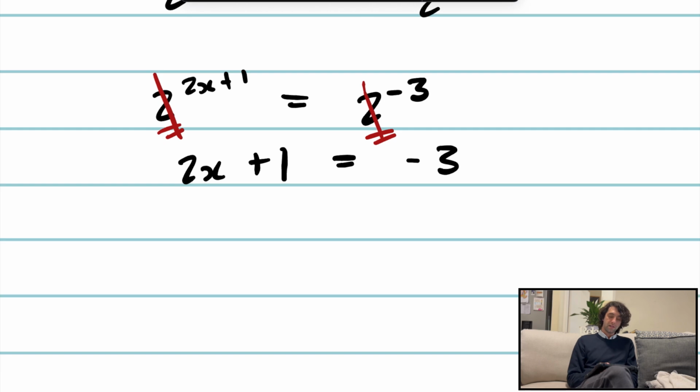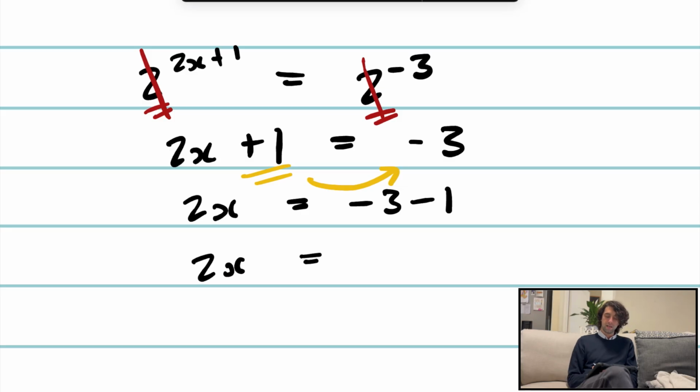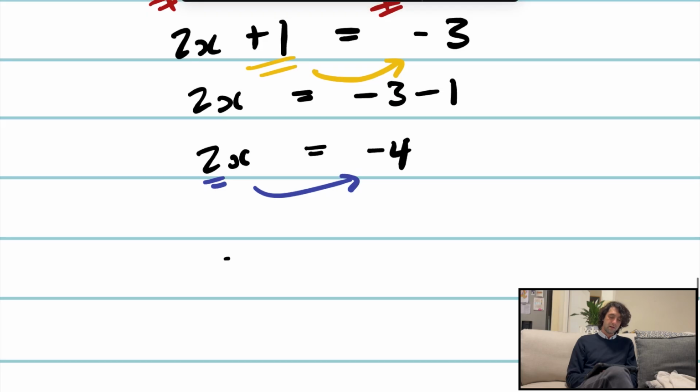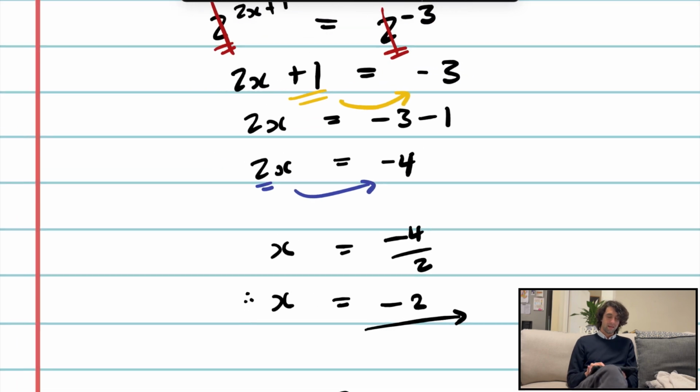Now our goal is to get to the x again, so I'm going to bring this +1 over to this side. What I end up with is 2x equals -3 minus 1. So 2x equals -4. Okay, and we need to get the x by itself, so if it's multiplied on this side, it will be divided on the other side. So x is equal to -4 over 2, and therefore we find that x is equal to -2. All right,